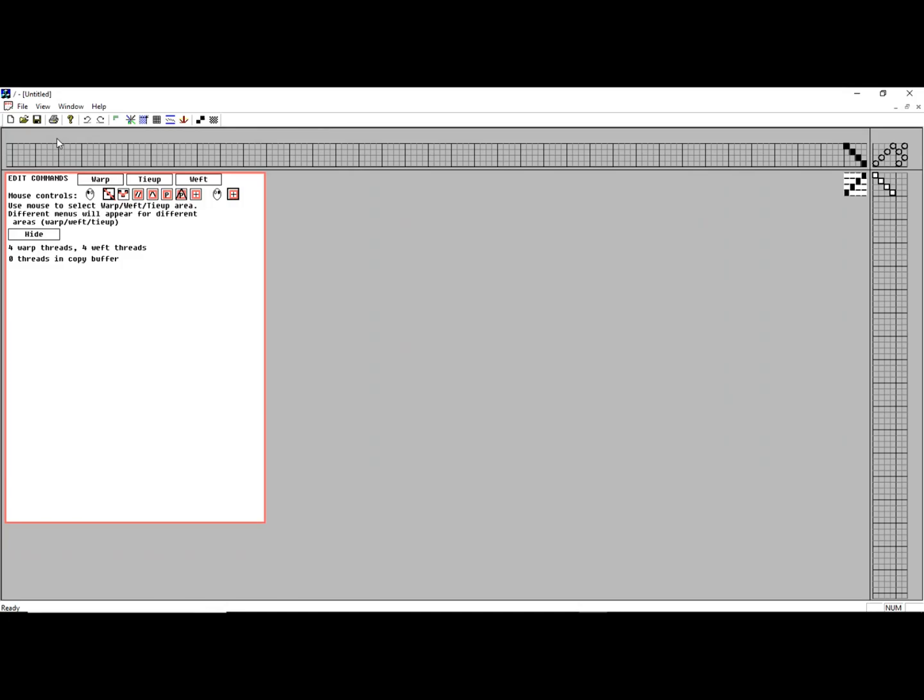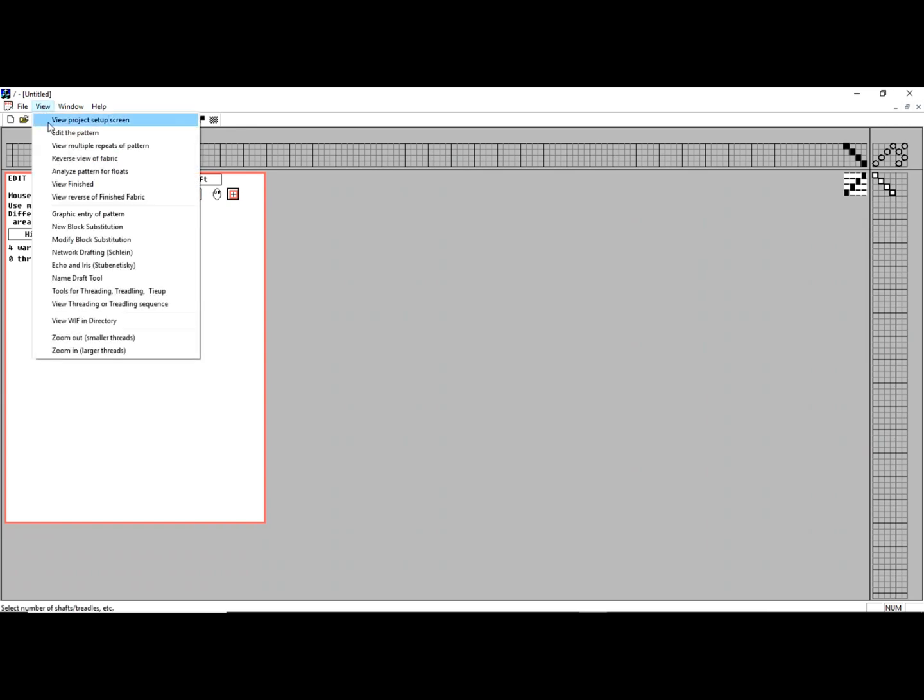This will be a demonstration of the Quickdraw Weaving program's Project Setup screen. It's accessible either from the icon or from the View Project Setup screen. We'll tell you the pattern's current name and path, how many shafts. For example, if I want to change it to 16, it will automatically set the number of treadles based on